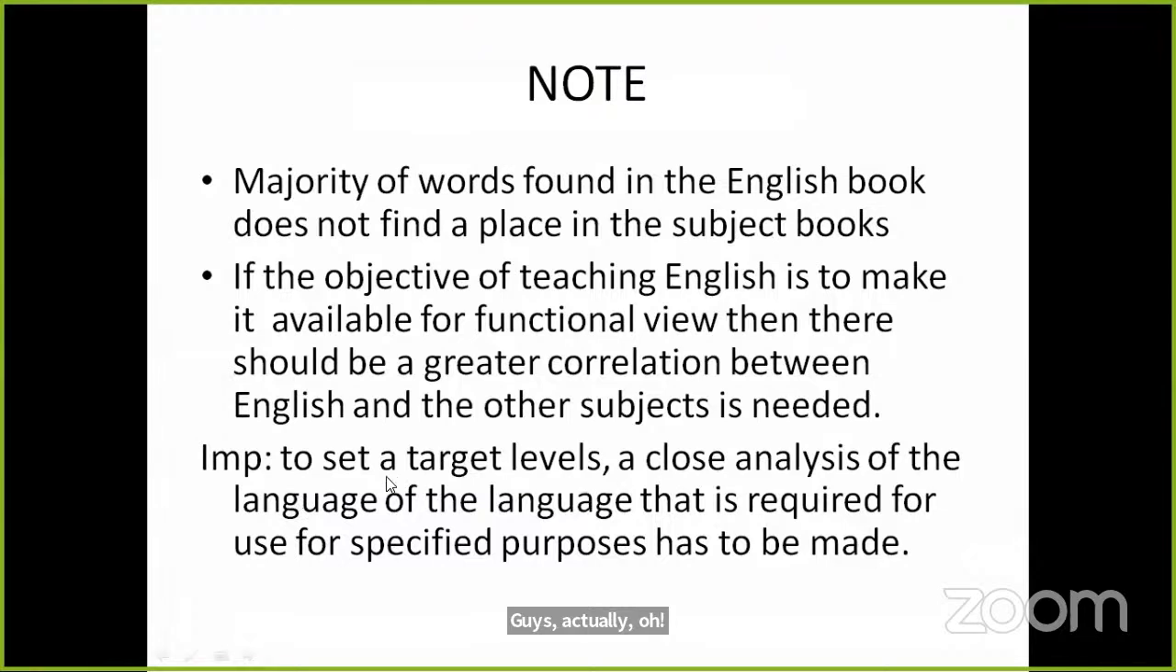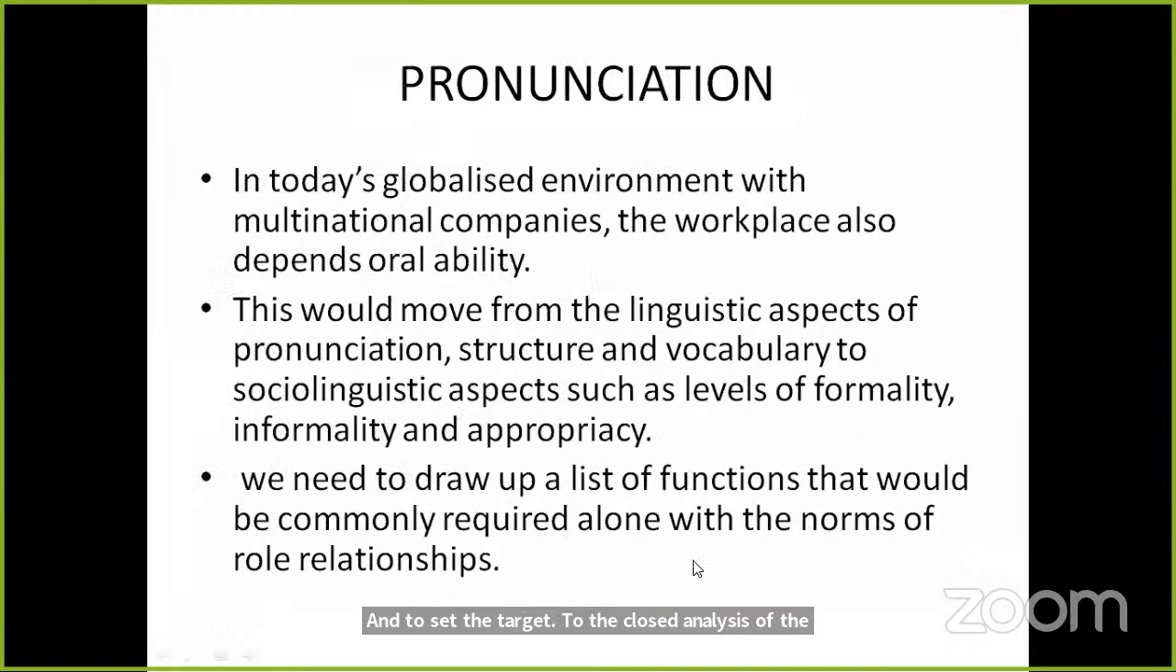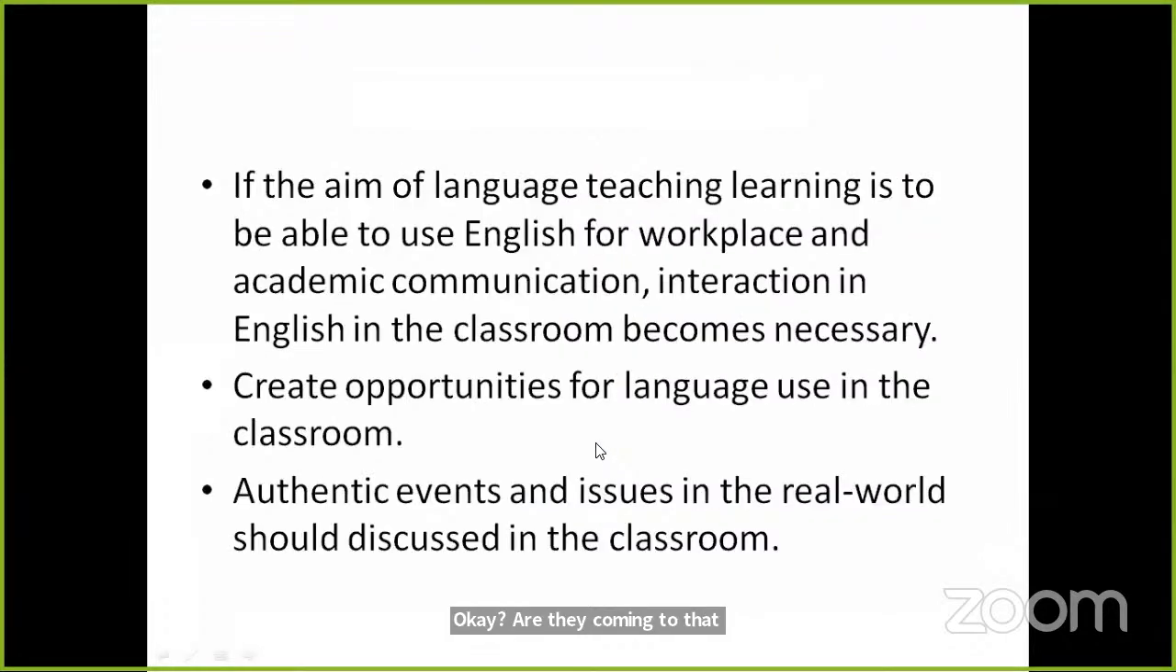And to set a target level, a close analysis of the language that is required for use for specific purposes should be made. Right? And then coming to that, if the aim of language teaching and learning is to be able to use